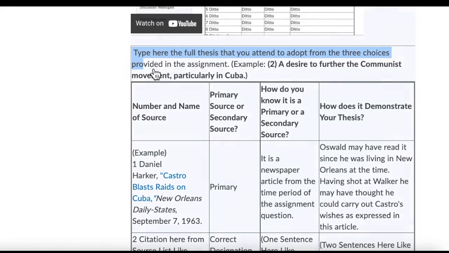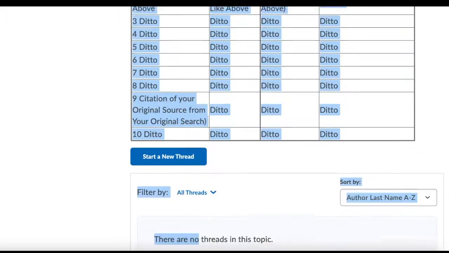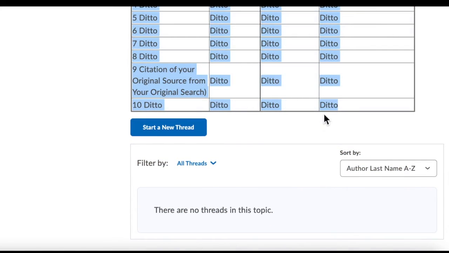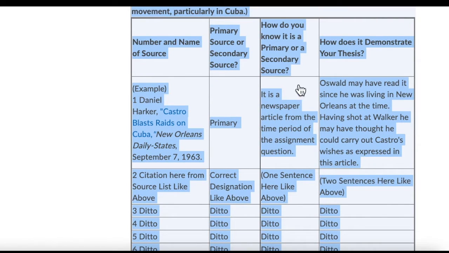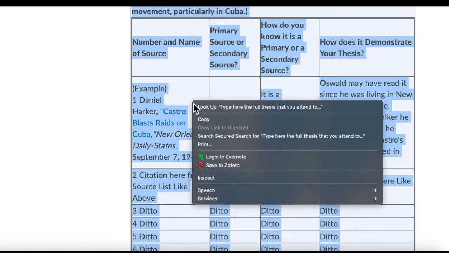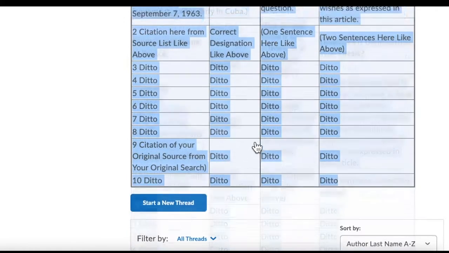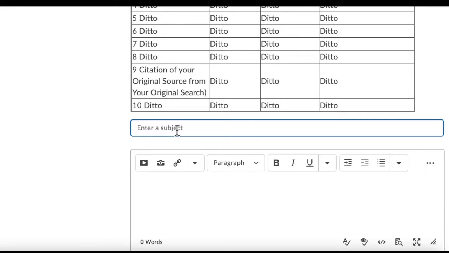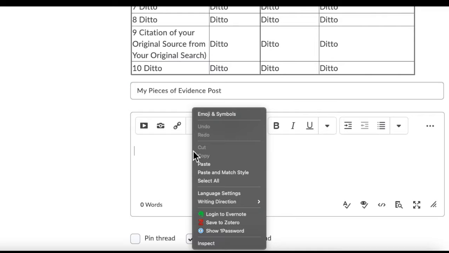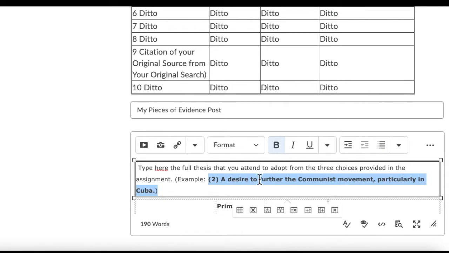So, first of all, I will highlight the form in its entirety, as so, holding down the mouse key, highlighting it, and then right-click and copy. Next, I click on Start a New Thread, enter the subject, and paste by clicking on the mouse or Control-V. Now I'm going to have to replace this goal because this is not one of the possible goals in